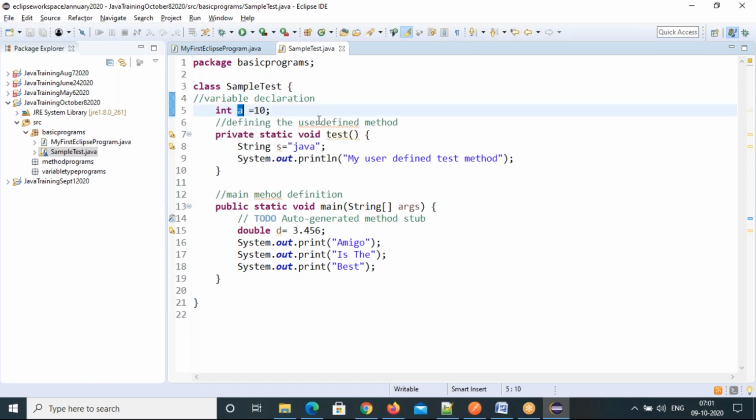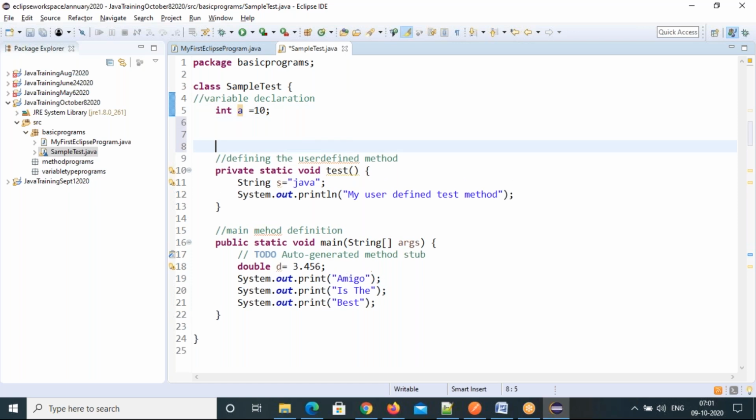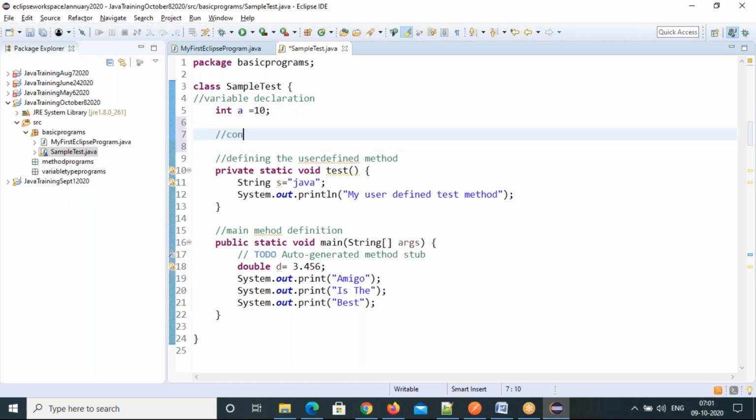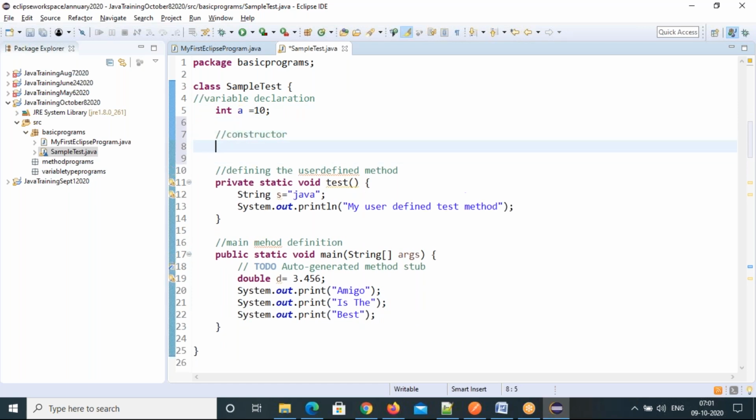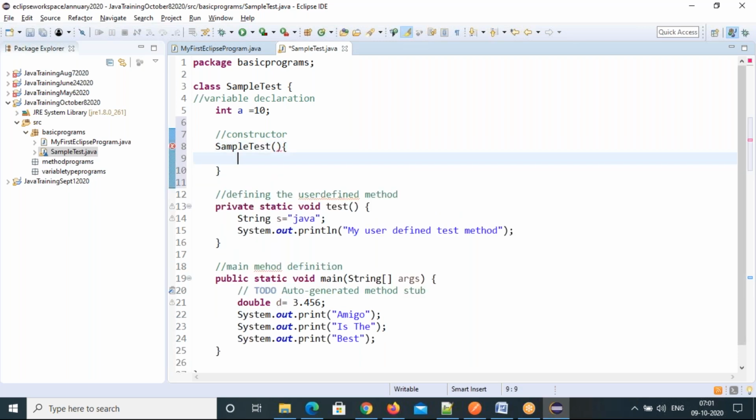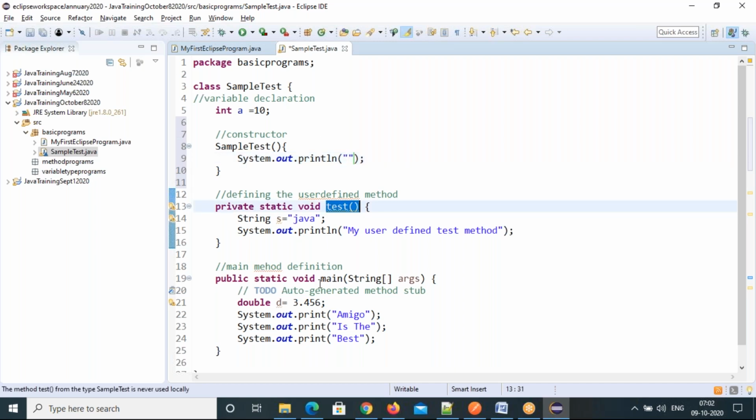And if I create a method also, I'll define a constructor. So class name and constructor name will be same, but it is one of the methods. A special method is the constructor. The class name is your constructor name. You should not give it like a method, where you are giving different names, right? And you cannot give a different name for the constructor, but this is the default access modifier.